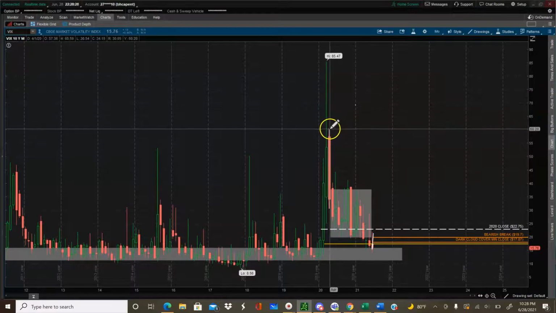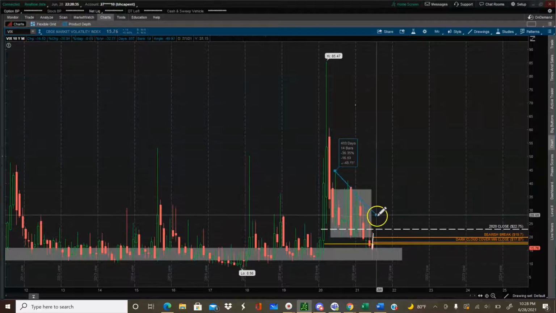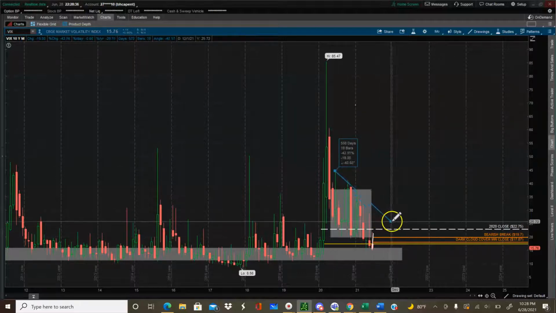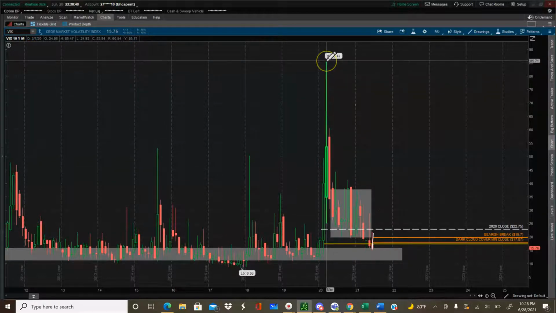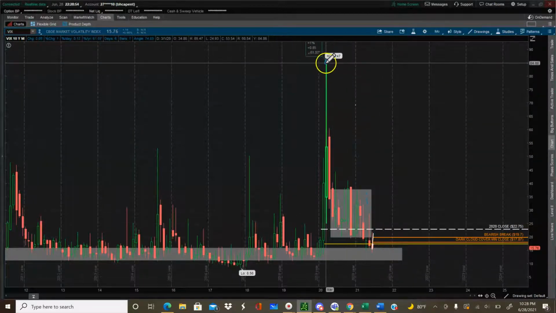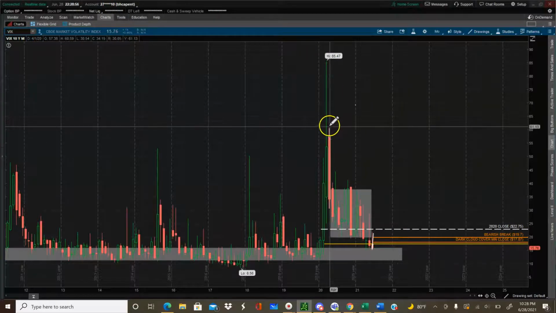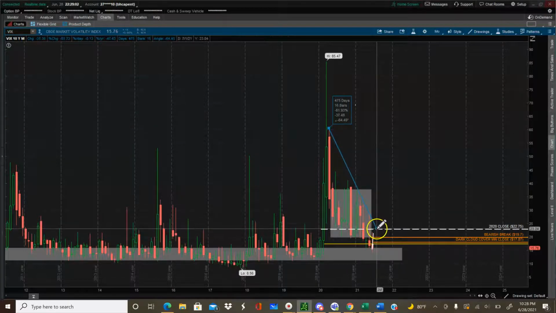Let's do a trend line. We'll start, actually, we'll just go ahead and start here. And I'm just seeing, no, I don't like that at all. Let's go from here and see how that looks. Okay, so yeah, that looks a lot better.